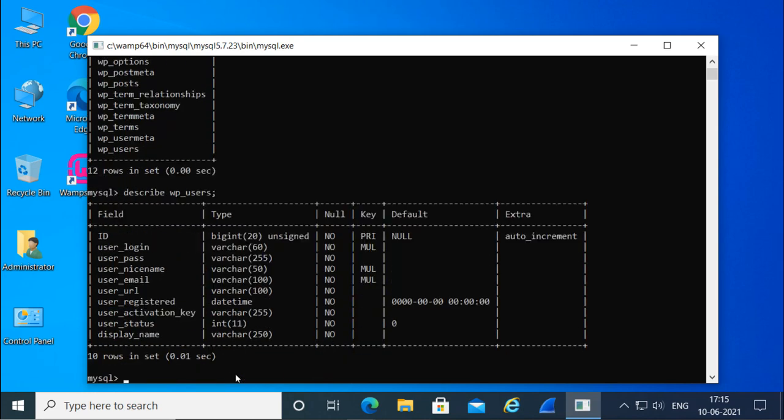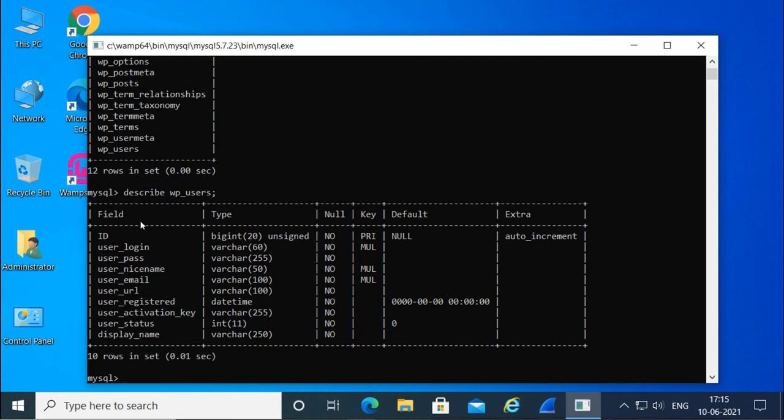This is important to get the information. You can see it is a table where we have the fields: ID, user login, user pass, user nickname, email, URL, registered, activation key, status, display name. These are the different fields of this database.